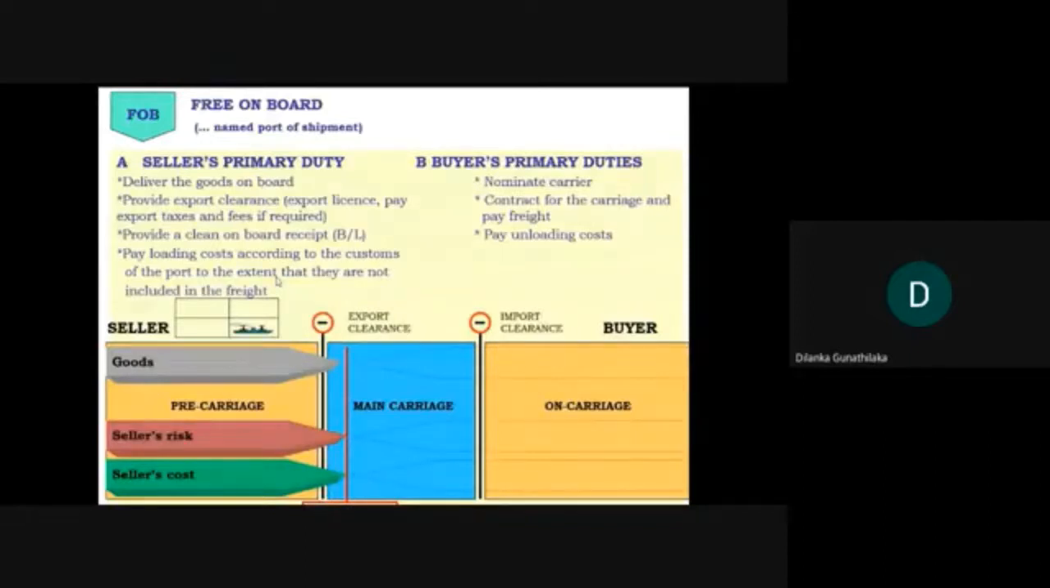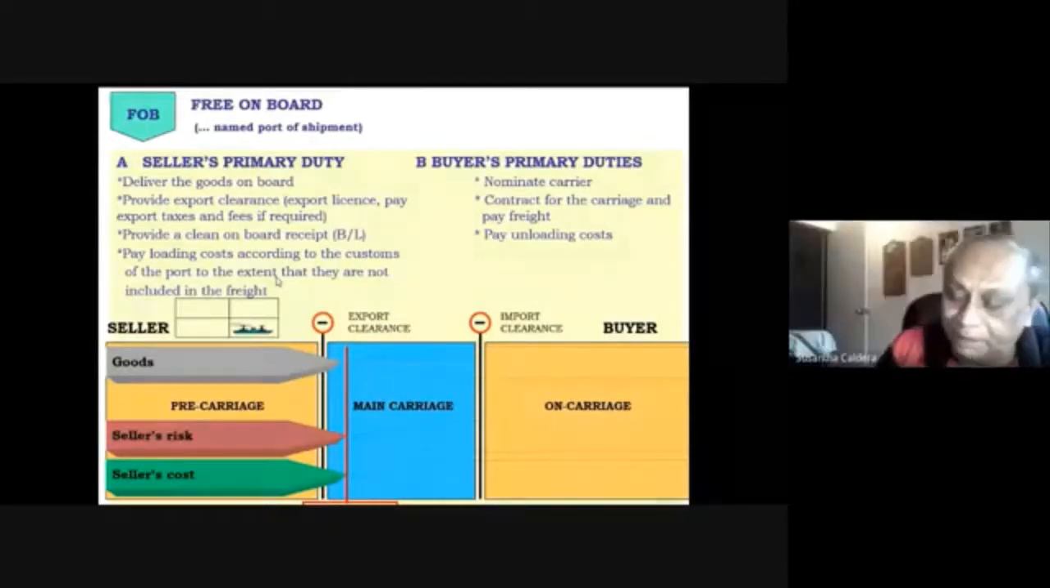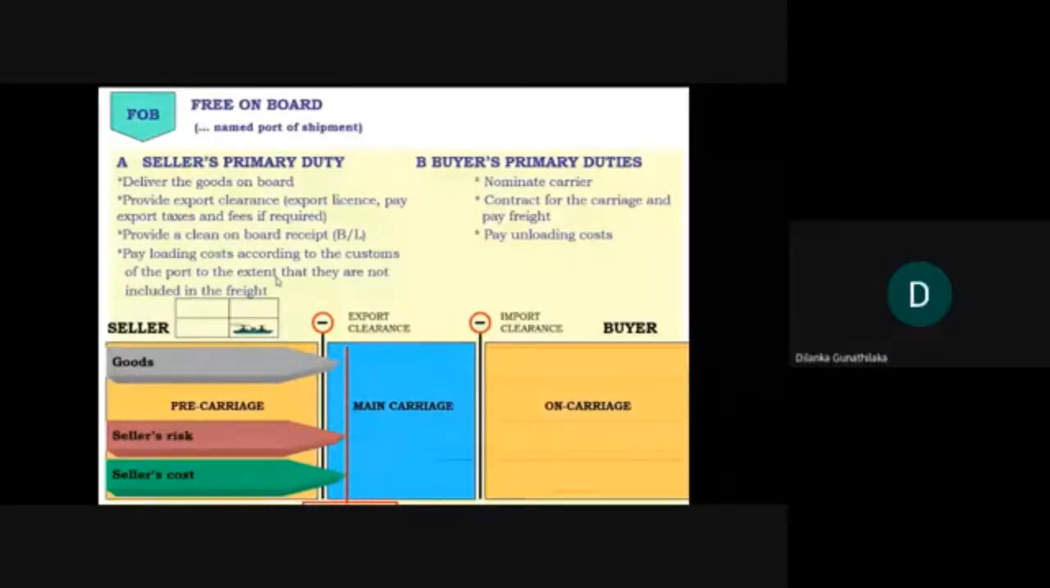In EXW, the manufacturer will prepare the goods and keep them in his warehouse. The buyer will come there, buy the goods, and take them to his country. Now in FOB,